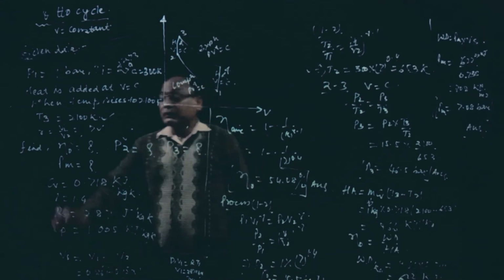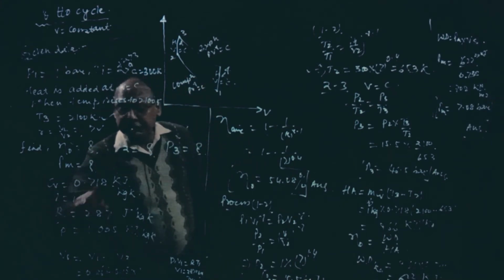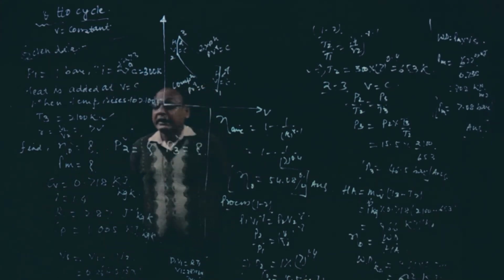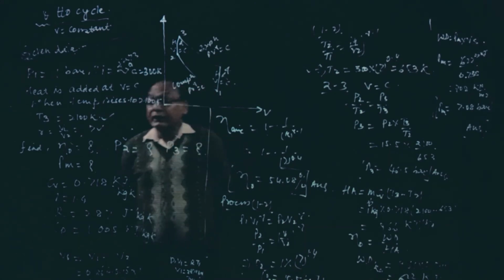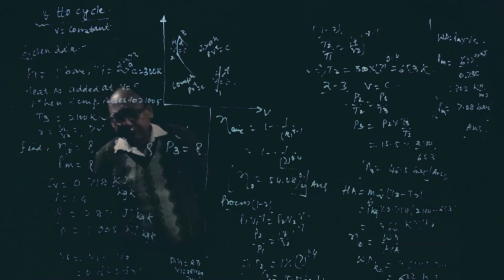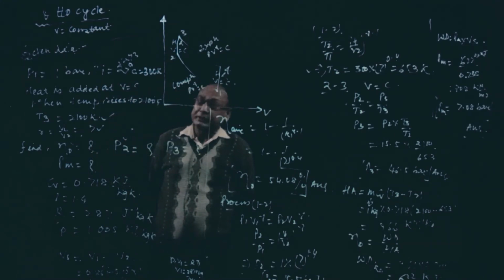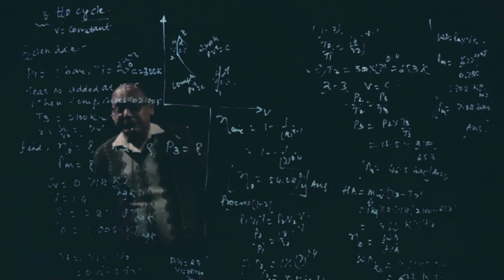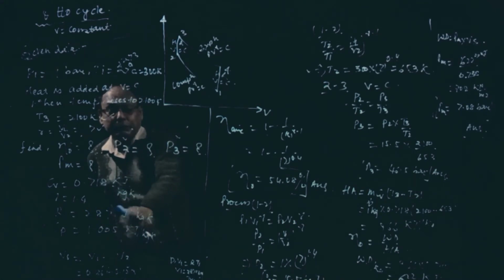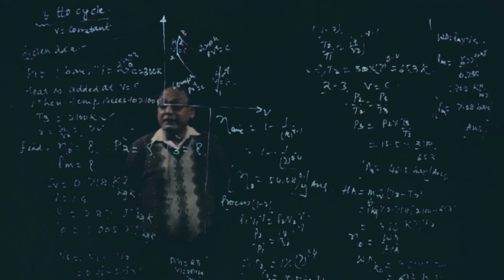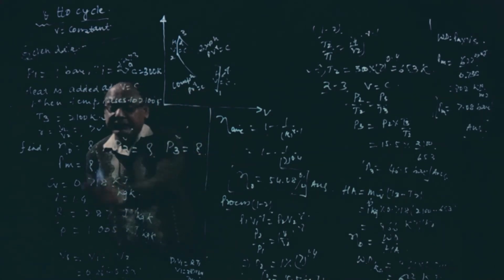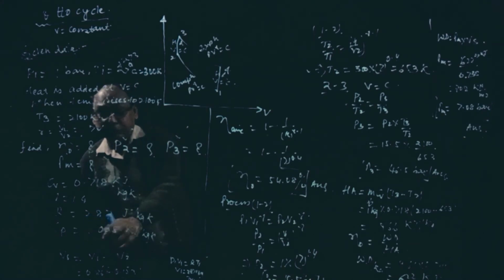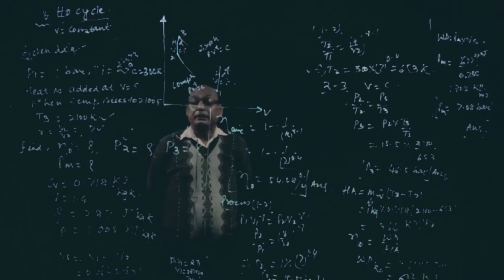Okay, these are the constant values given. Cv is equal to 0.718 kilojoule per kg Kelvin. Gamma, the ratio of Cp by Cv, is 1.4. And R, that is the difference of the specific heat at constant pressure and the specific heat at constant volume, Cp minus Cv, is equal to 287 joule per kg Kelvin. Since gamma is equal to Cp by Cv, with all the standard values given, Cp will be 1.005 kilojoule per kg Kelvin.